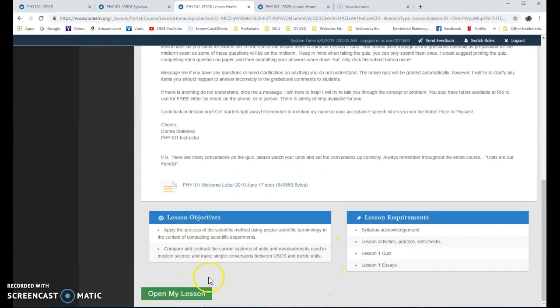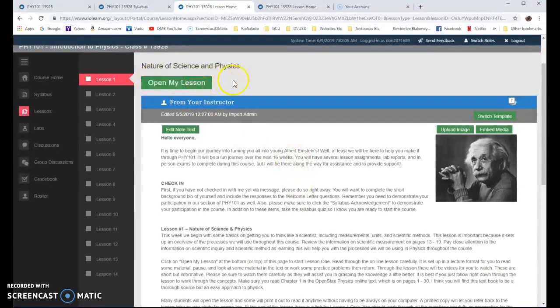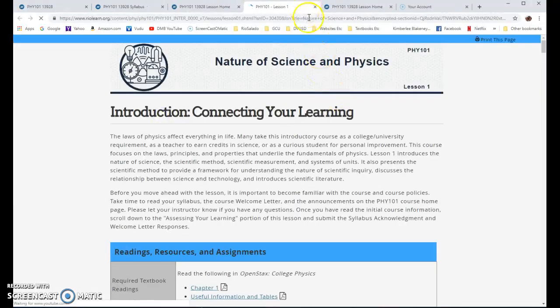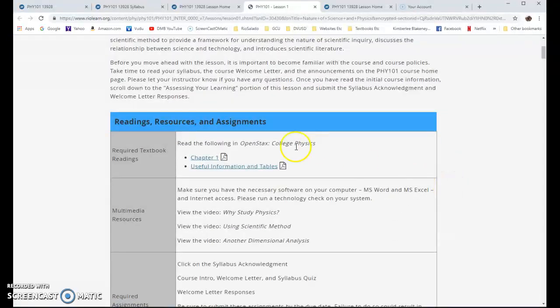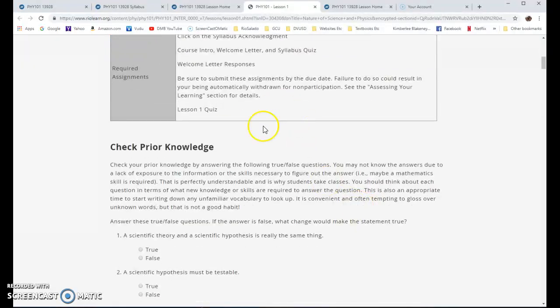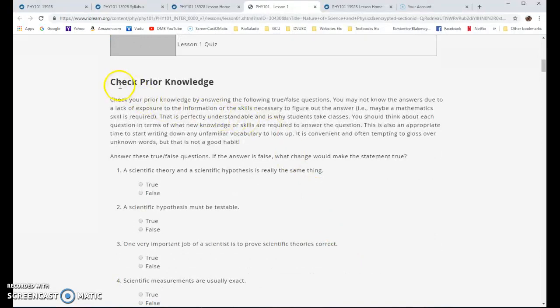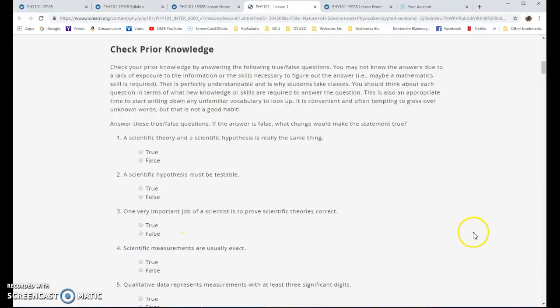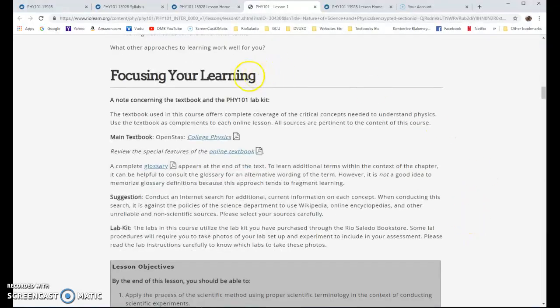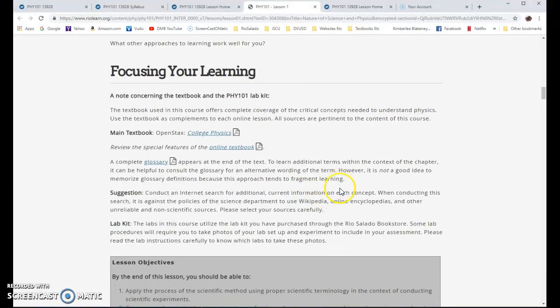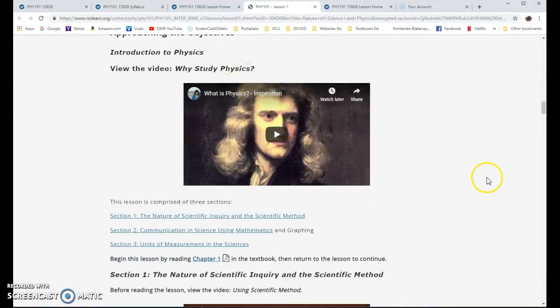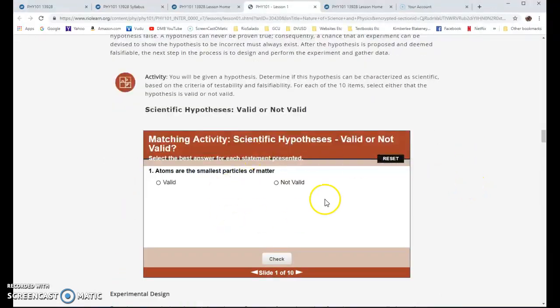And then either below that or above that will be Open My Lessons, which will take you to the actual lesson itself. And each one of these lessons is set up the same way as well, where you will have your required readings and then videos and your assignments list. You will go into the Check Your Prior Knowledge, which are simple questions to help see where you're starting out before starting the lesson. And then Focusing Your Learning, which is the bulk of the lesson itself, which will include the lesson, any additional videos that you should watch, and any additional activities to better focus the knowledge that you